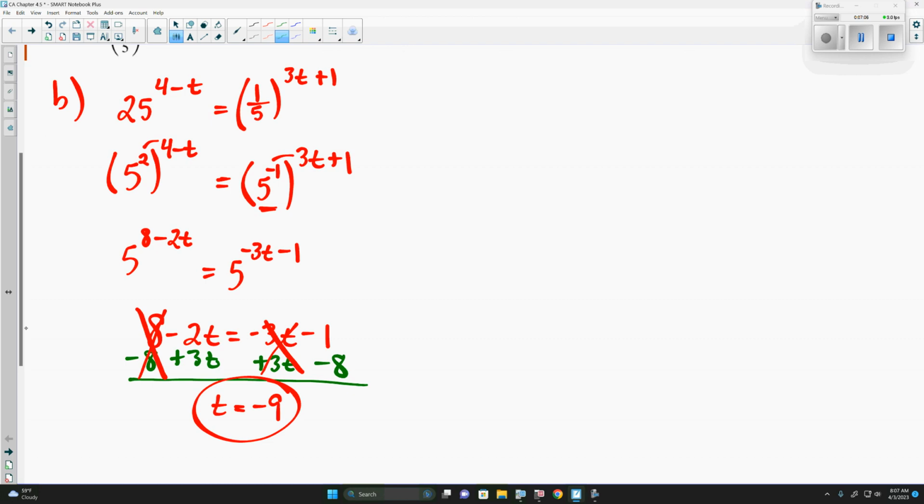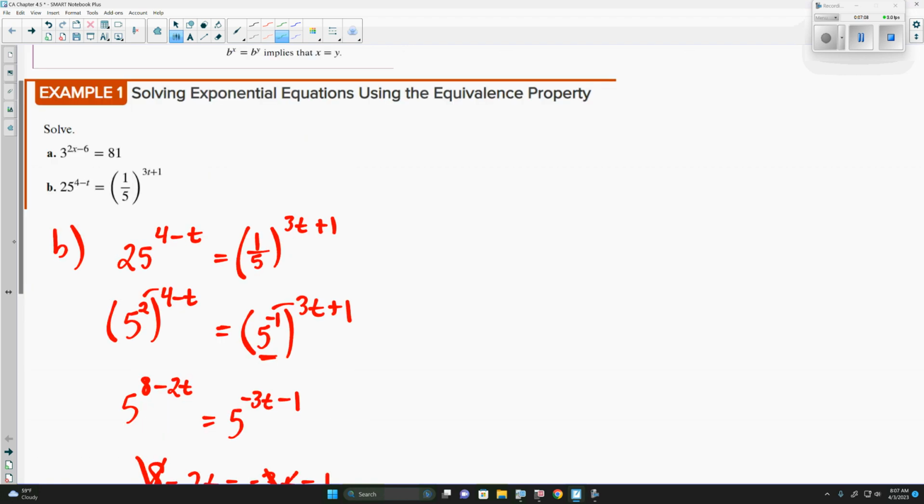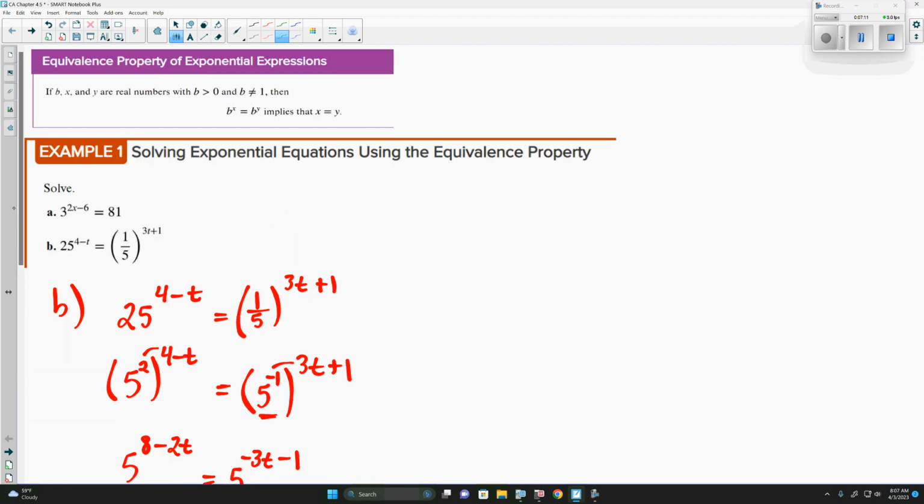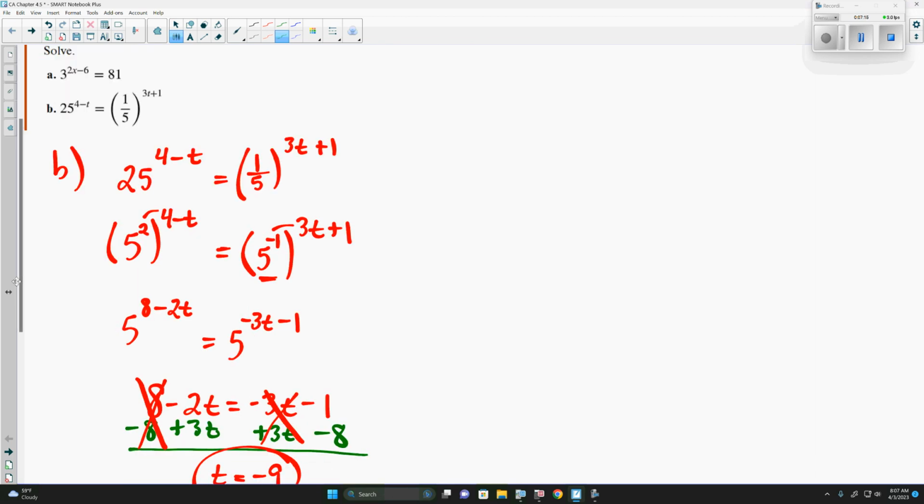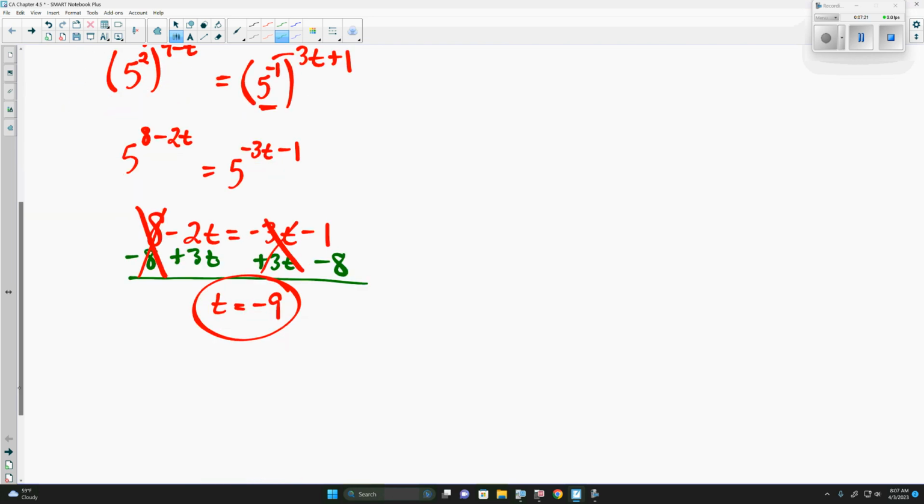Any questions on this one-to-one or equivalent exponents? Equivalent property of exponential expressions. You feel good with this here? Yes. Now, one of the other reasons that this does work, and I'll show you this here,